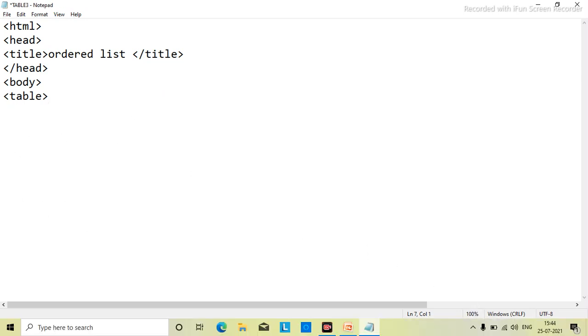Then we will do TD Yashika, close TD, then TD my class 7. So we'll write like that. Then I want to write my roll number. Okay, so 51. Then close TD.